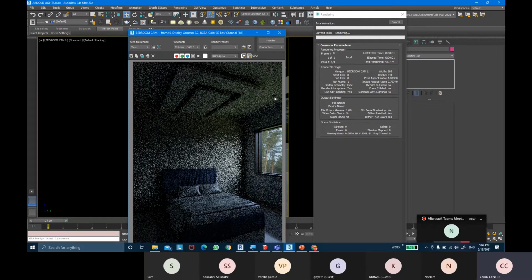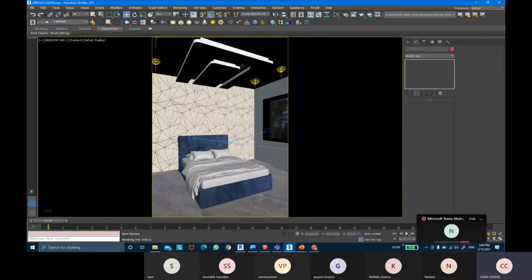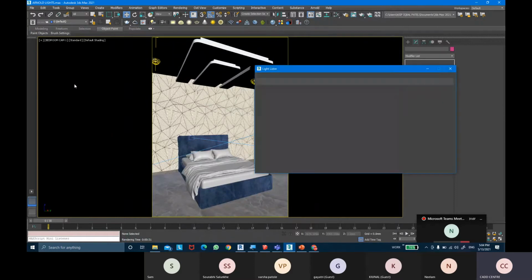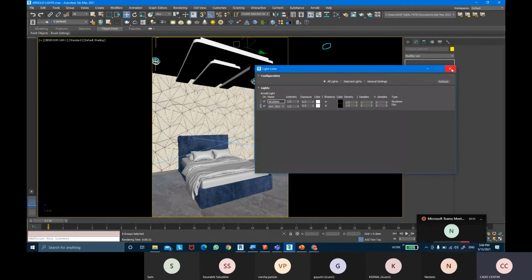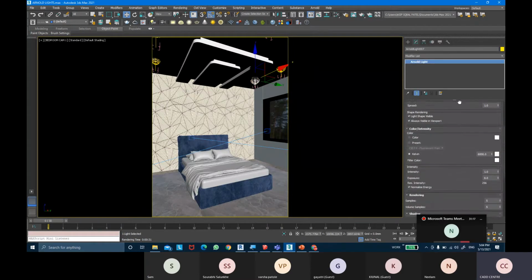It looks like the lights are not being switched on, or they're not coming through as strong as they're supposed to be. So we're going to come into the tools, light listers, and select these lights. We can open the group recursively and select these lights once again and increase